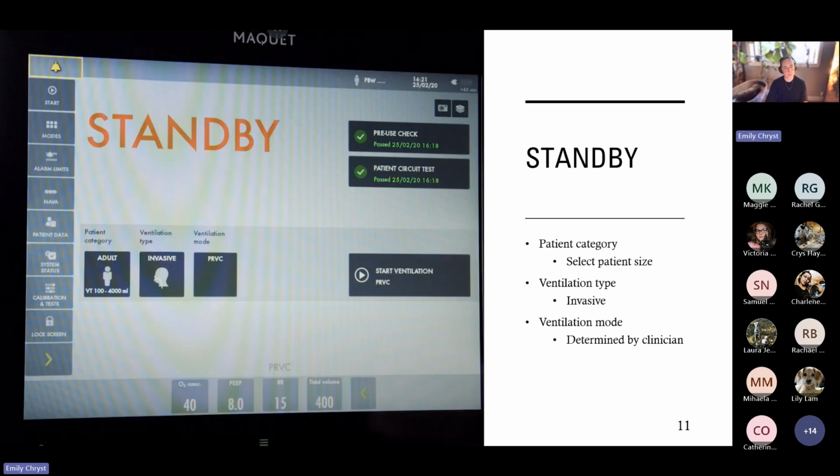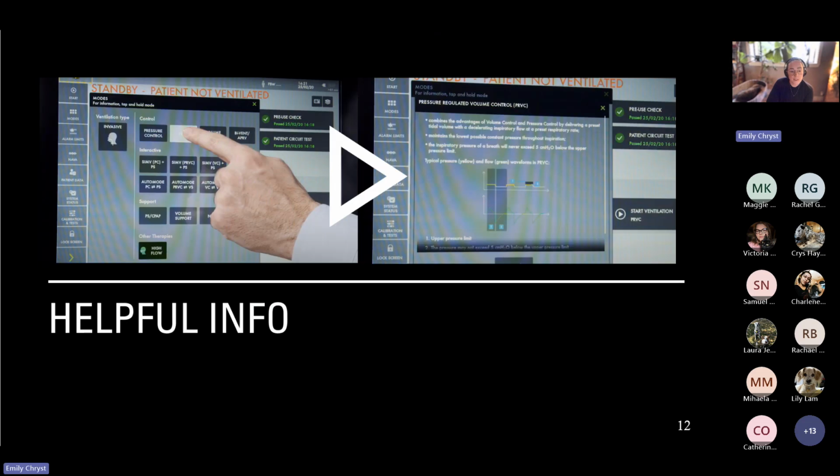Then you're going to enter a screen that looks like this. The ventilator is in standby mode, and this is where we're going to select our patient size, ventilation type, and ventilation mode. So this is going to be given to you by your criticalist, or your criticalist is going to be doing this themselves. But if you're interested, what this ventilator offers is basically little guides on what each of